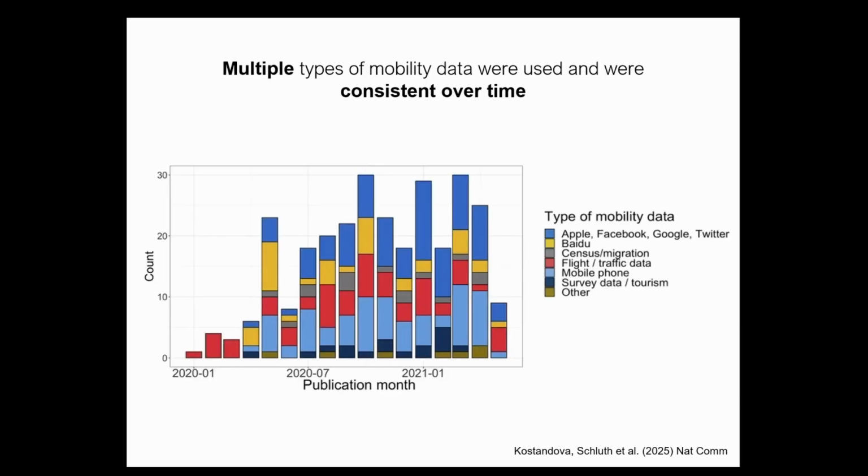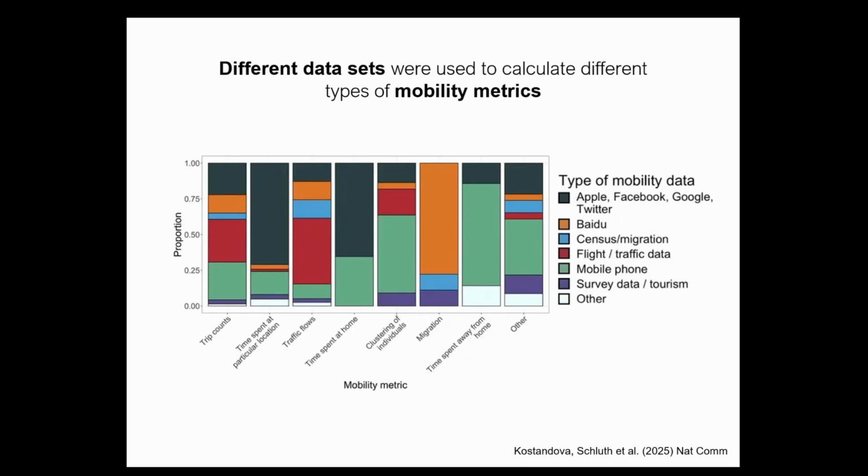So overall, what we found is that right from the start, people were using pretty much any kind of data that they wanted to use and that might possibly be evaluated. We thought that because some data sets were becoming available at different times, there might be temporal trends, but really, from all the different sources, be that Facebook or Google, mobile phone data or flight data, there were papers being published on pretty much all of these types of data sets throughout that entire first year.